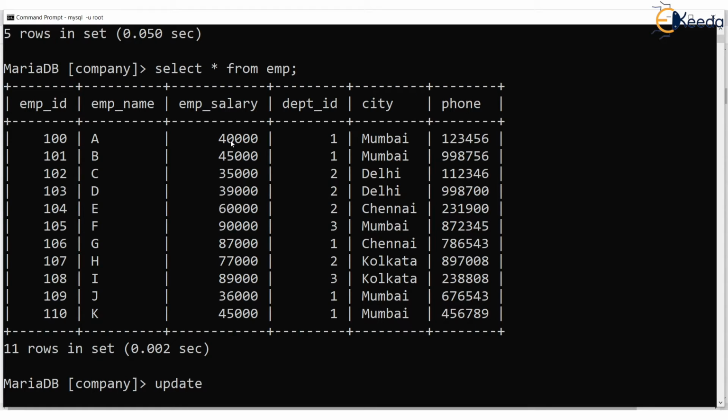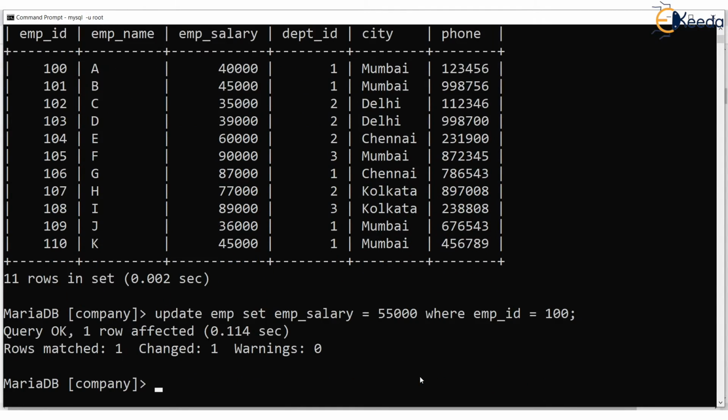Update, and then the table name, EMP. And then we say set EMP salary equal to 55,000 where EMP ID is 100. So only this person's salary will be updated, set to 55,000.